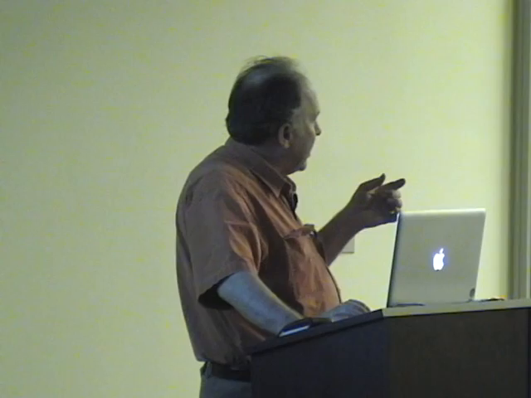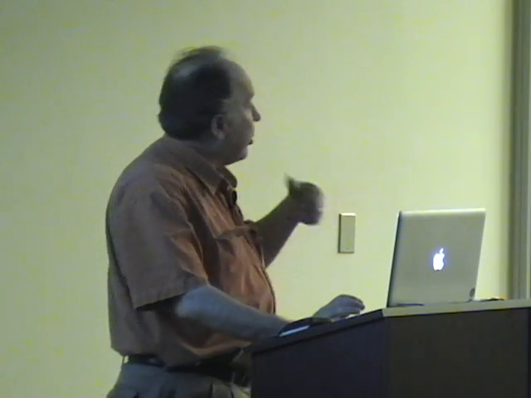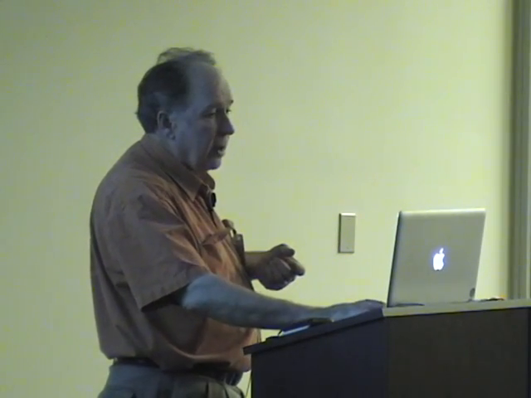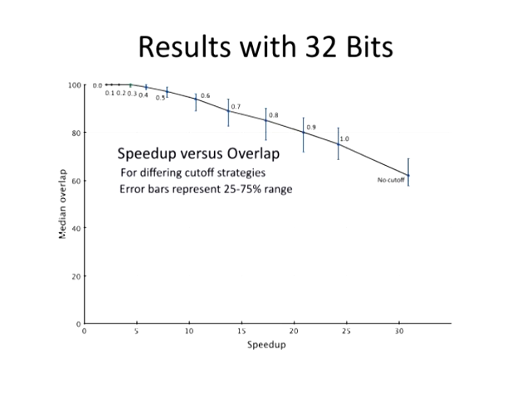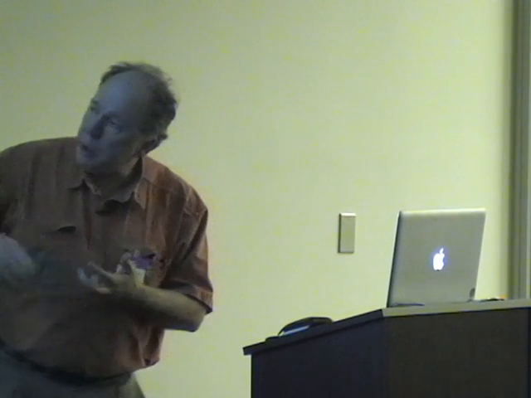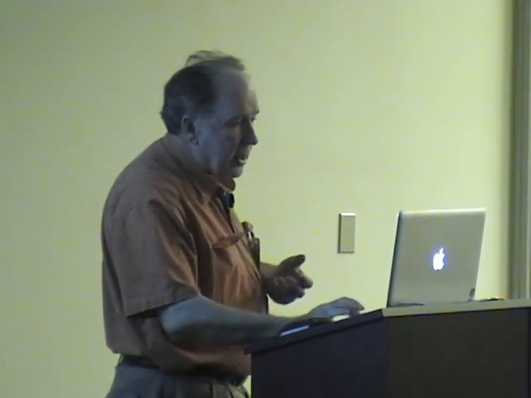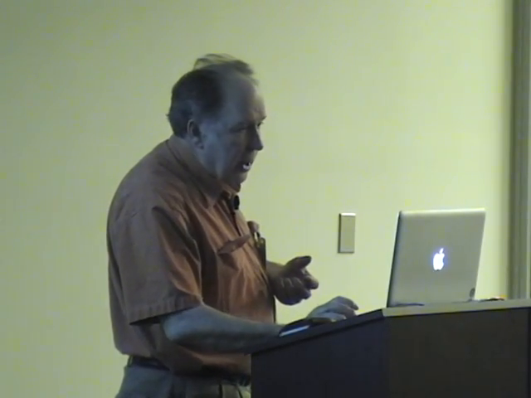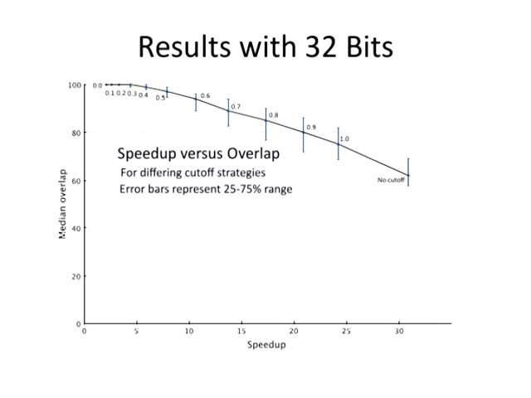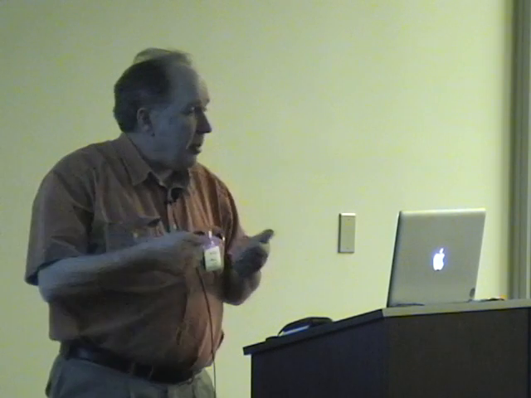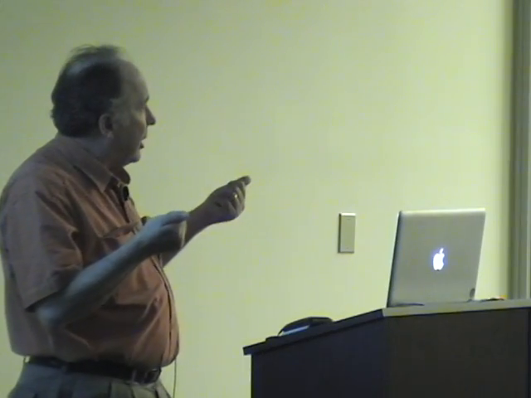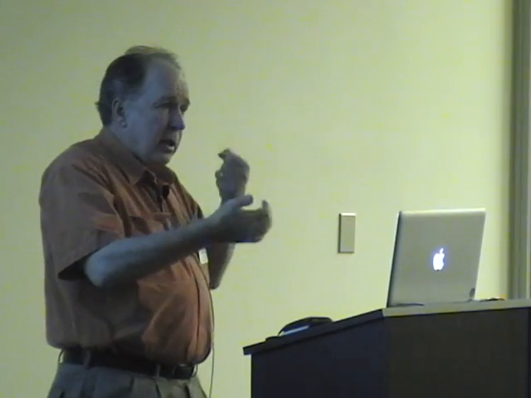So this provides a nice approximate value for that, and here's how much speed up we get. The speed up is the horizontal axis. This is with 32 bits, and going out here to 30x speed up with no cutoff. This is an adaptive cutoff. We get good speed up, and with 64 bits, we get even more speed up. So we can find the nearest cluster two different ways now.